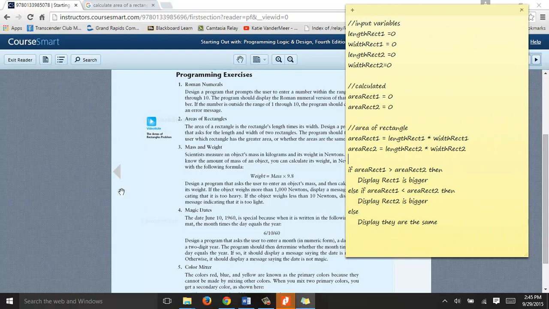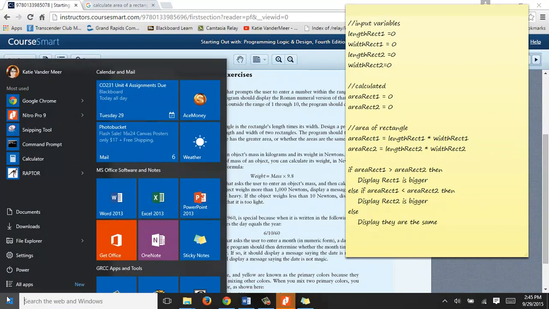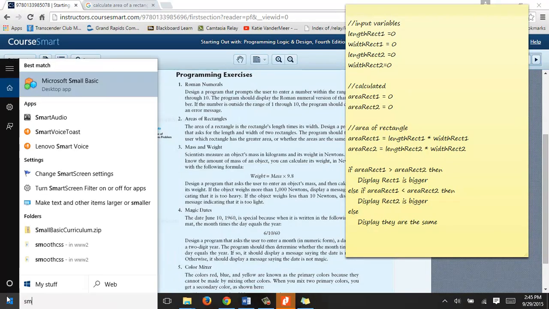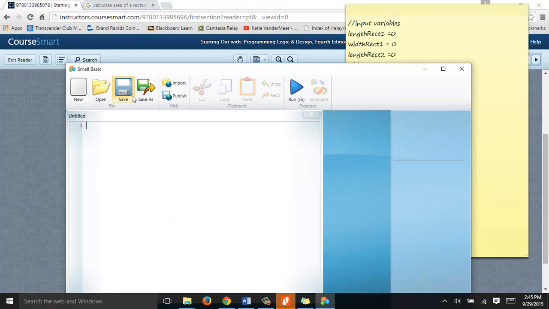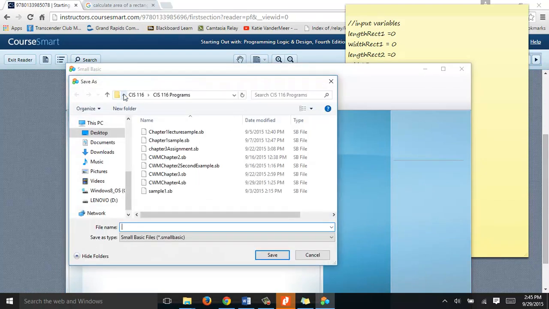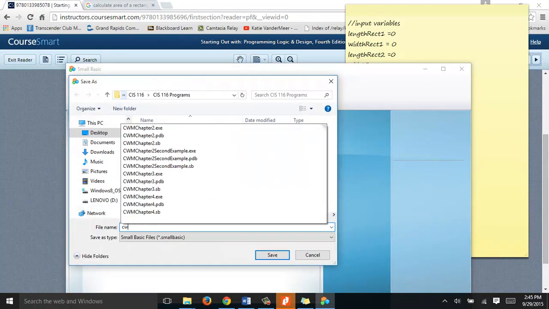We'll code it based on that. So I'm going to open up my Small Basic. Bam. I'm going to save this. Now this code with me is going to be a couple short videos, so I'm going to save this one as code with me